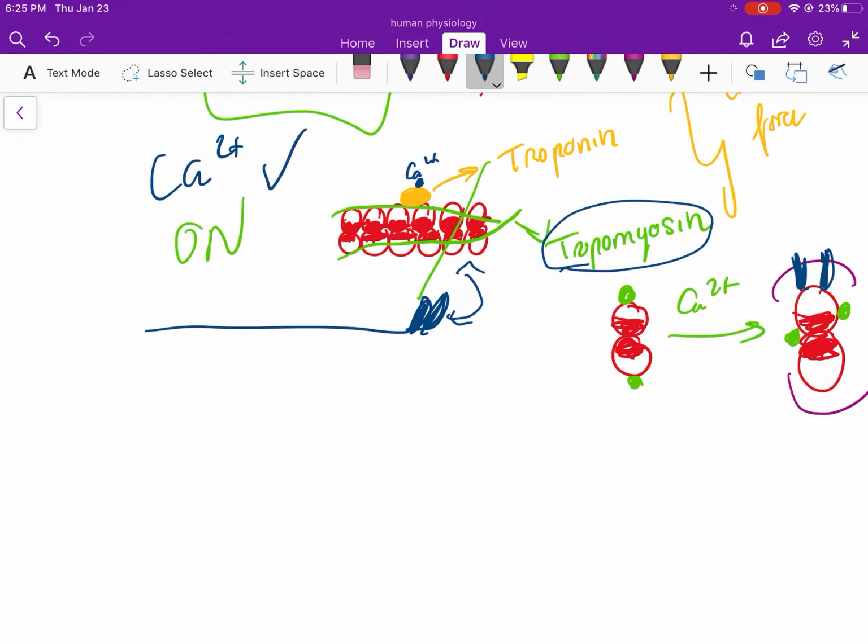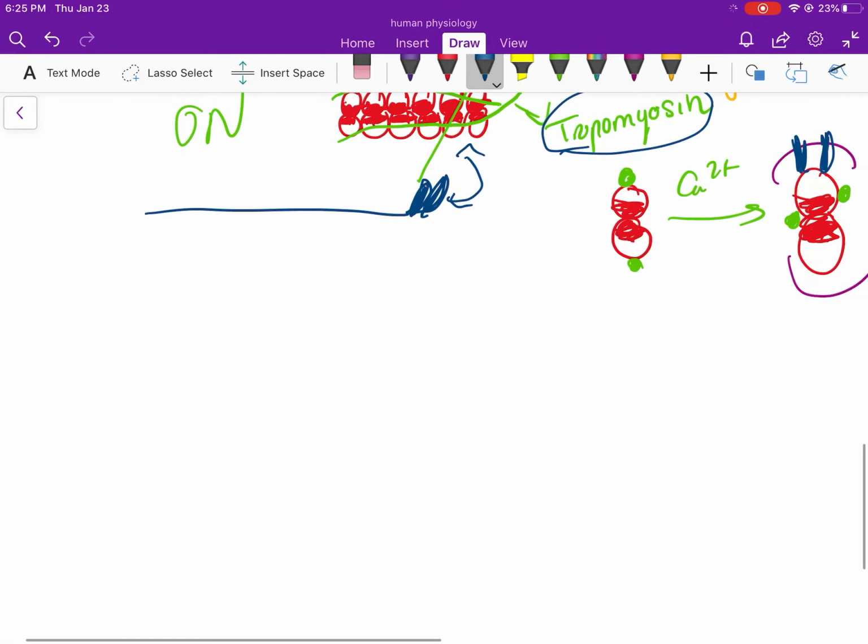So, how does this work? How does the interaction of myosin and actin generate the force? We will have a cycle. This is called the cycle of walking of our myosin. So for myosin, I will represent the red thing as our thin filament. And in general, we will have our tail of